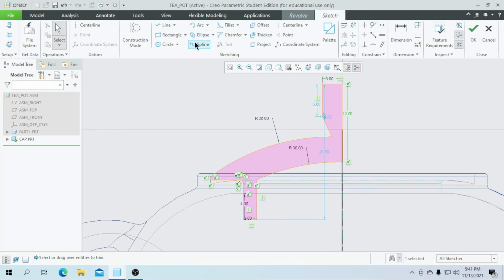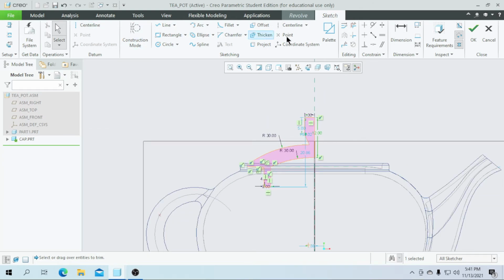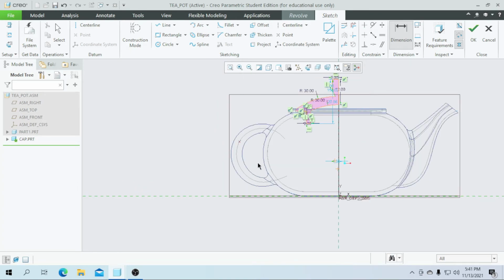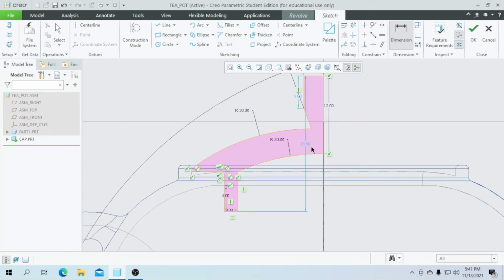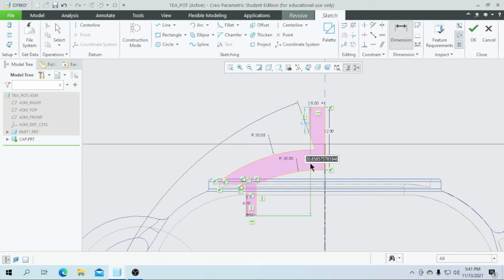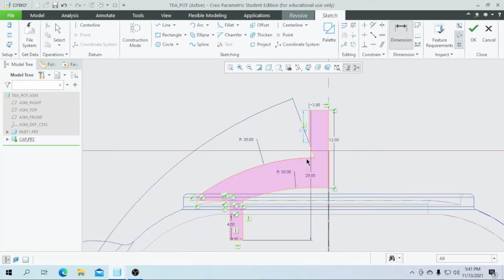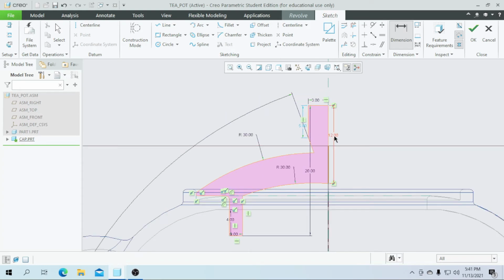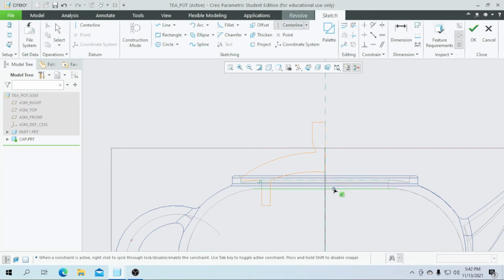So then I am going to create some angle features. So go for the dimensions, select this line with the total baseline, and I need this angle to be a value of 70. So then all of the dimensions are entered correctly. Now let's adjust this total height to be a value of 20. Then you can see here this value is 5, as we did not enter any value, as this total height is 12 and this total height is 20, it will change automatically. Please make sure that your value is 5, and we need to draw a center line for this revolve tool.